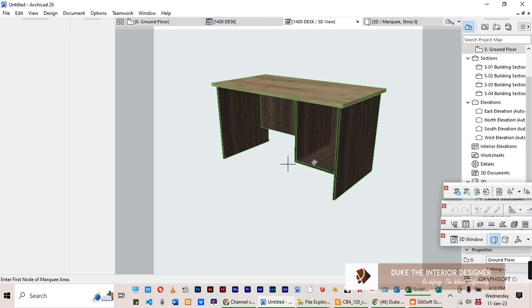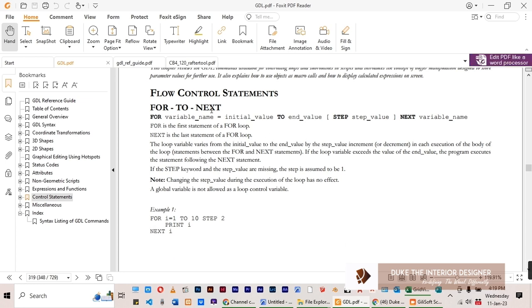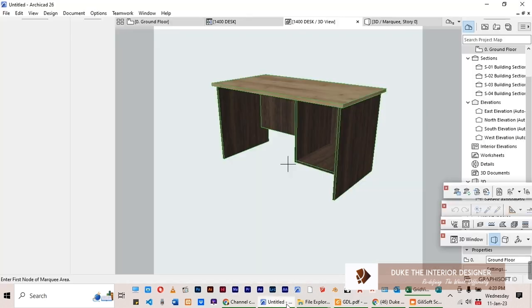We need the drawer parts that normally come at the front. And this is where we now get into what we normally call the control statements. I've already opened a page for you. Now we'll use what we call the for to next statement. These statements always help us to multiply. You only need to create one item and then the program will multiply that thing into the many times that you need. For example, we need our drawer to be 3 drawers and we need first to show that through